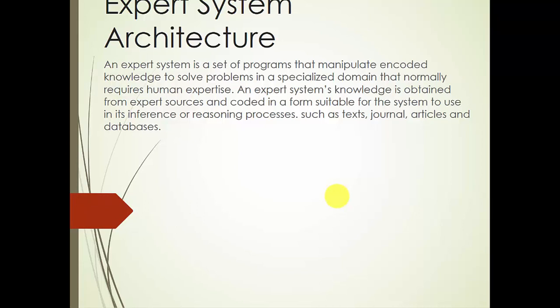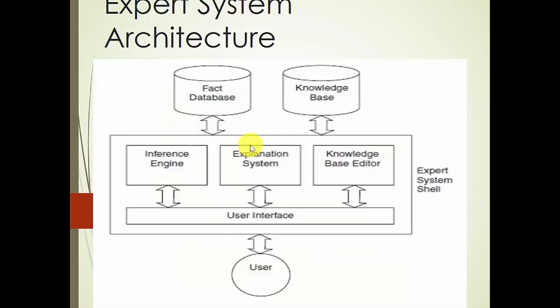An expert system is a set of programs and it manipulates the knowledge that has been encoded in it. Now, according to the problem that is about to be solved, there is an inference engine that analyzes the problem and selects from a proper place of the knowledge that has been deposited into the database, then gives a possible solution. In slide 6, I have the architecture of an expert system, where I have my facts database